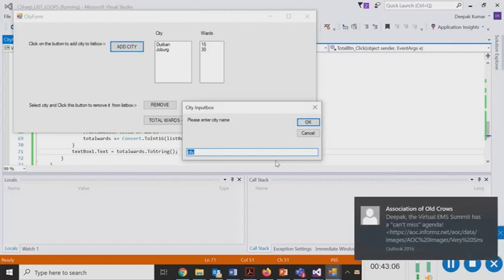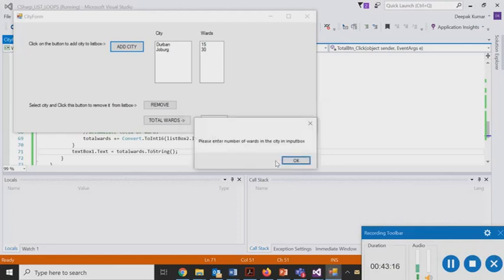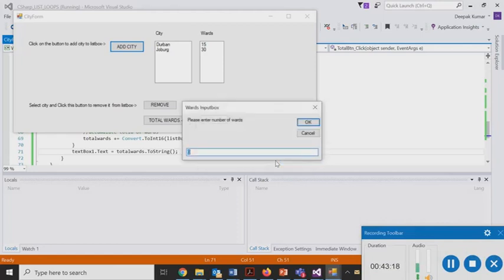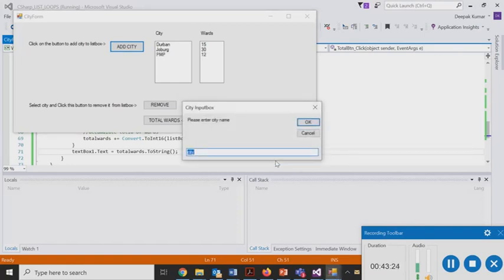The next city is going to be PMB. Now PMB has probably 12 wards. Well, I'm not specific about the numbers, can't remember that. And the next one is going to be Cape Town.